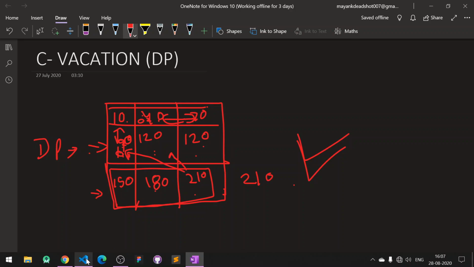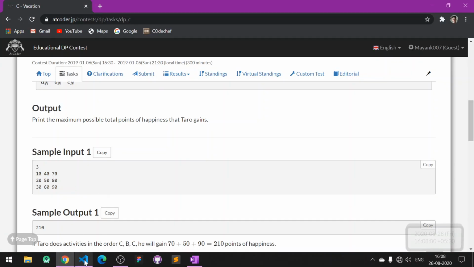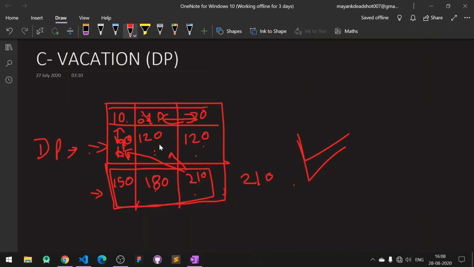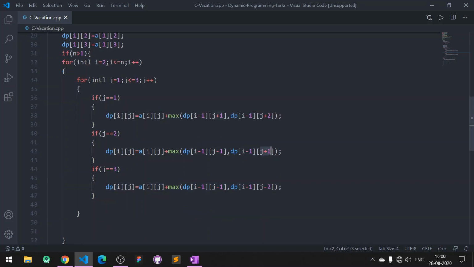Then for the second column element, we take this one and this one, that is i minus 1 comma j minus 1 and i minus 1 comma j plus 1, and then the maximum of them.